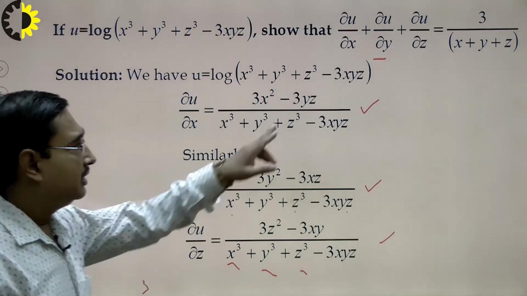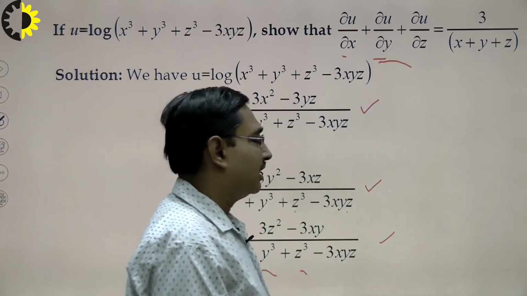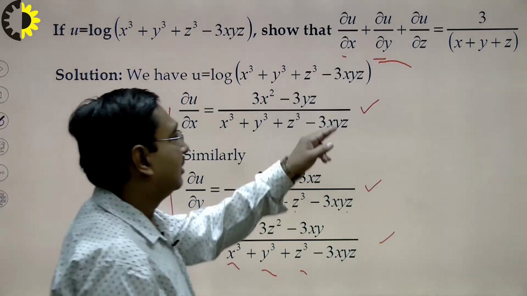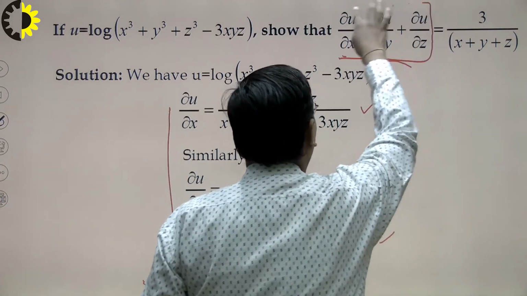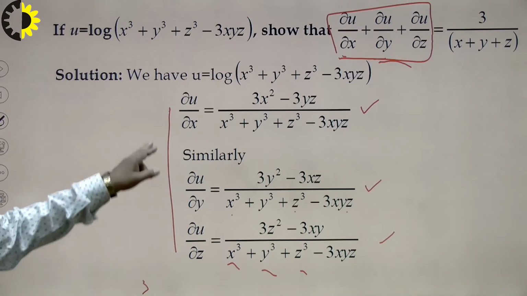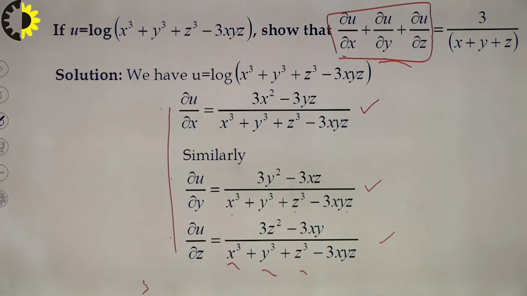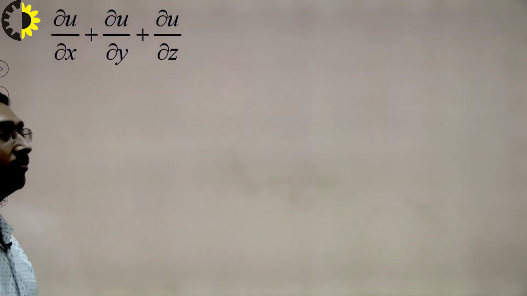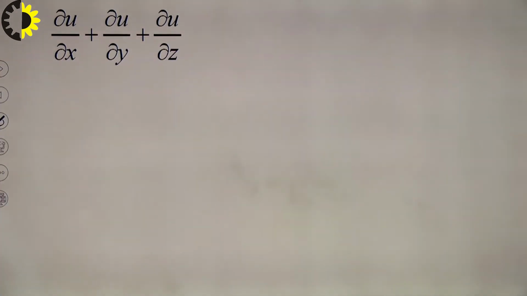Now, these three partial derivatives which were required are calculated. Now, we can calculate the expression occurring on the left hand side, and therefore, I shall add these three. Del u over del x plus del u over del y plus del u over del z will give